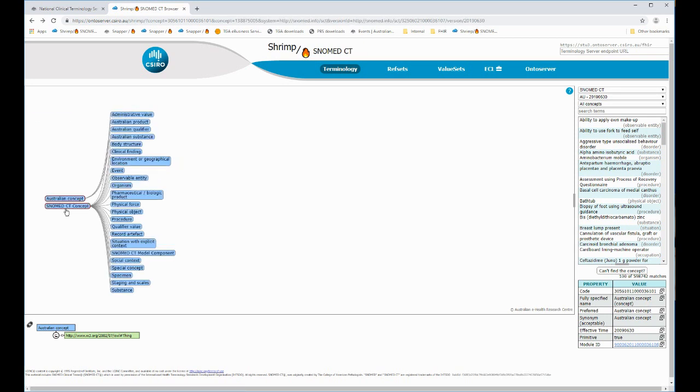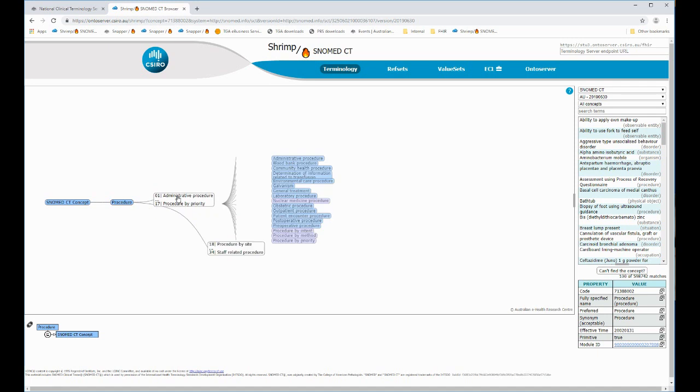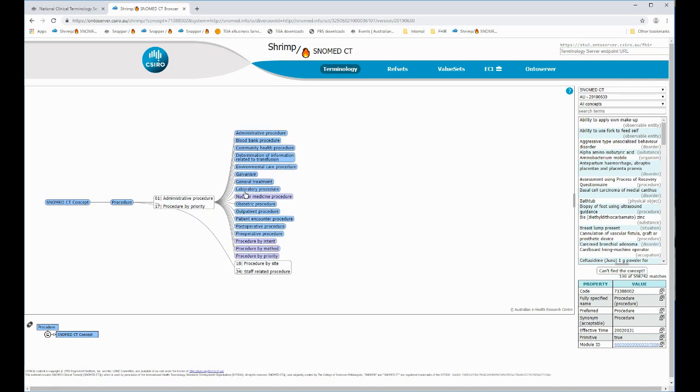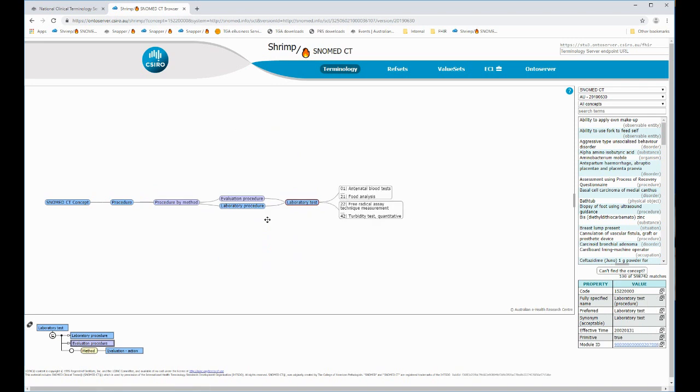So let me just go back to home and say I'm curious about lab tests. So I'll click on procedure, and because it has many children, they're grouped into these white boxes. So I'll just click on the top one, and then I'll click on laboratory procedure, and then laboratory test. And you can see it also has several children, and you can keep clicking on that and going down as